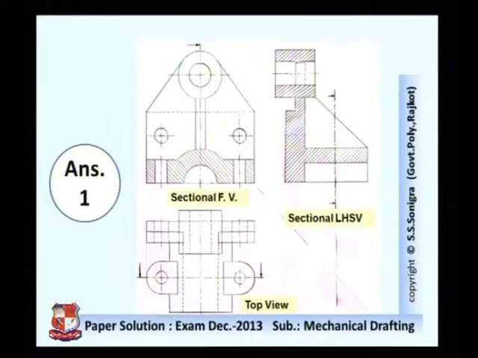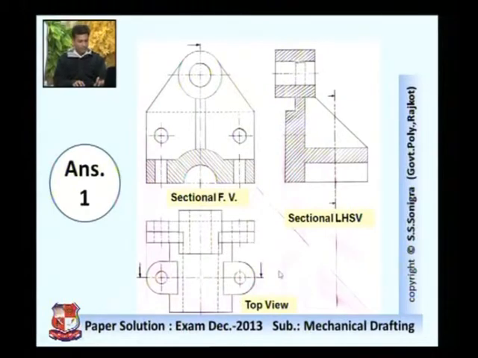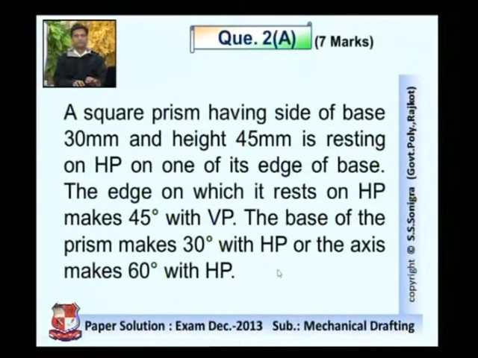This is the drawing. You can write the names of the views: sectional front view, sectional left hand side view, and this is the top view. In these views you draw these dotted lines, these section lines which make an angle of 45 degree with horizontal lines, and this edge represents the corner, and this is the cutting plane which is given in the data. If you cut from this cutting plane, this portion will be cut, BB. So it is the sectional left hand side view, and this is the top view. Now next, question number 2a.